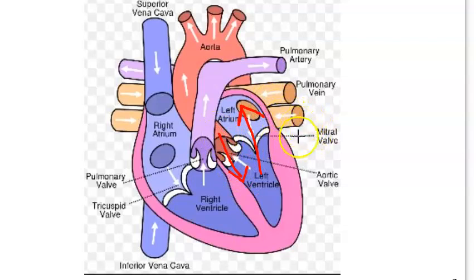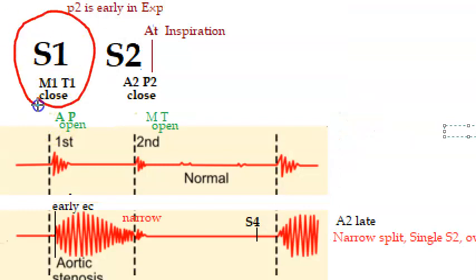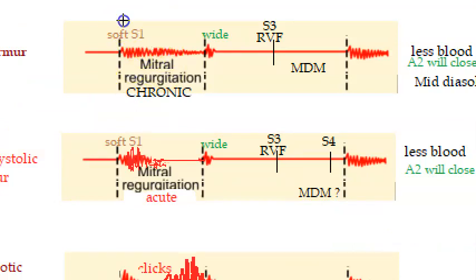So in regurgitation, something is coming back. The blood is coming back. When is it coming back? After the valve closed, it's coming back. Okay, so let us talk about mitral regurgitation. The valve closed, and after the valve closed, blood is going back. Correct. So this is mitral regurgitation. It should happen after the mitral valve closes. So when is the mitral valve closing? The mitral valve is closing in S1, right? So after S1 itself, you should have the murmur. Very good. Here very clearly we can see S1. After that there is a murmur. So you have a pansystolic murmur in chronic mitral regurgitation. So it is a systolic murmur. Very clearly you can understand.